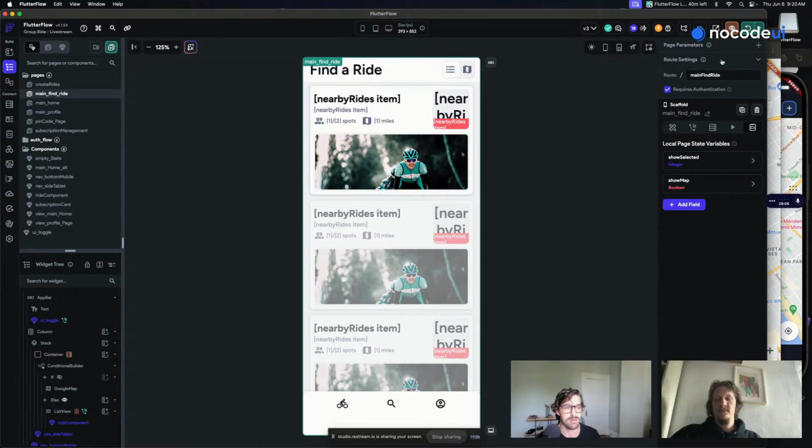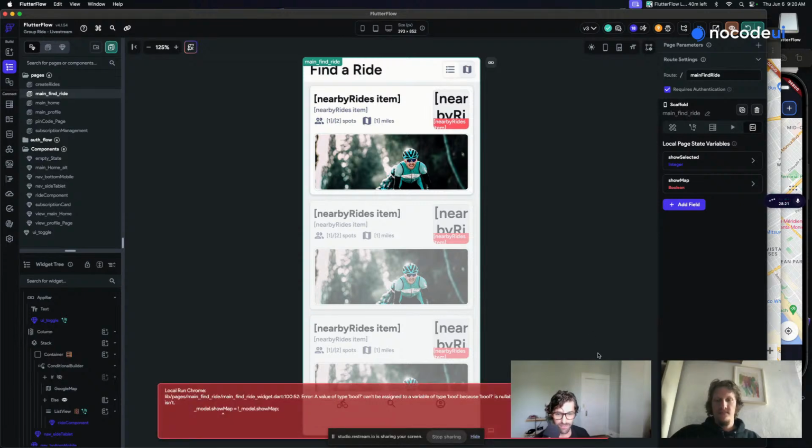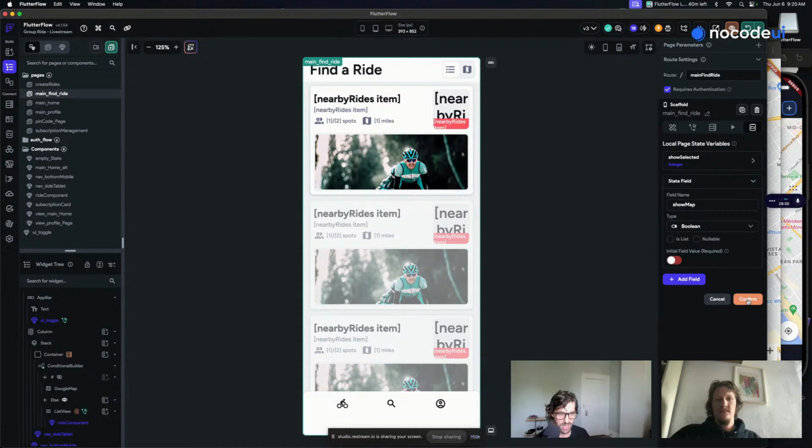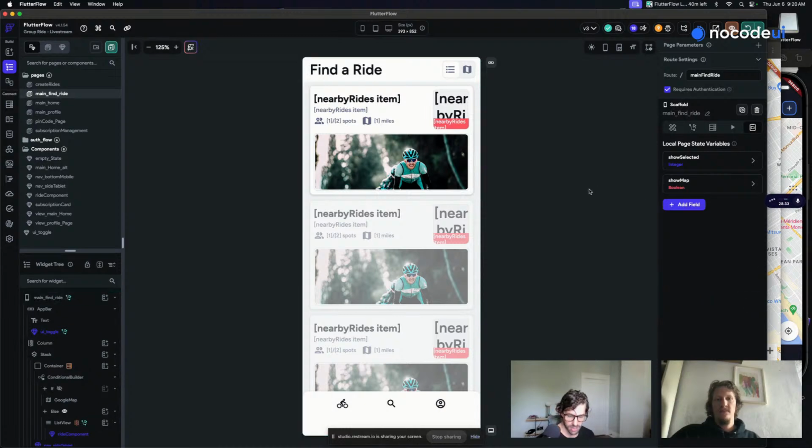Okay, now I did all of that, and I'm really hoping it works, because I've never set it up that way before. We'll see. But what it will do is it'll navigate, or it'll make this little background. Oh, Boolean. Okay, let's see. Where is this at? Main find ride widget. Okay. Yes. You just need to turn that nullable off. All good. We should be good to go now. It may give me another Boolean nullable error, but